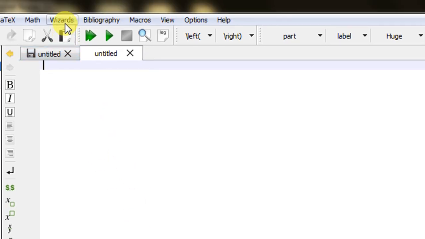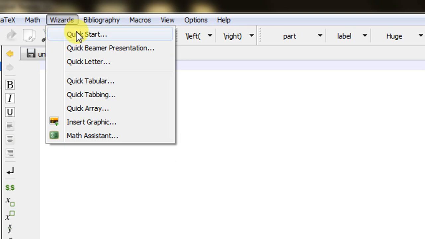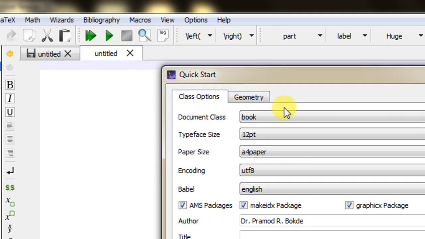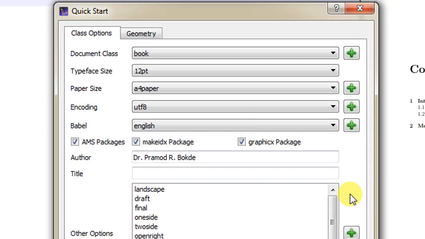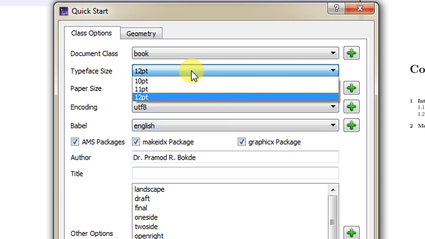I will quickly go to the wizard and click on quick start. As I click on quick start, it produces a dialog box. Inside this dialog box, the typeface size is 10 point, 11 point, 12 point. Depending upon the requirement, we have to select the font size.